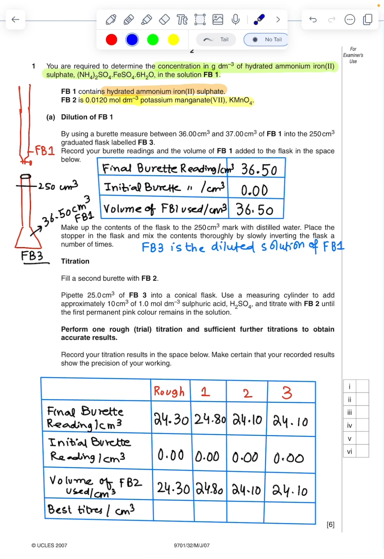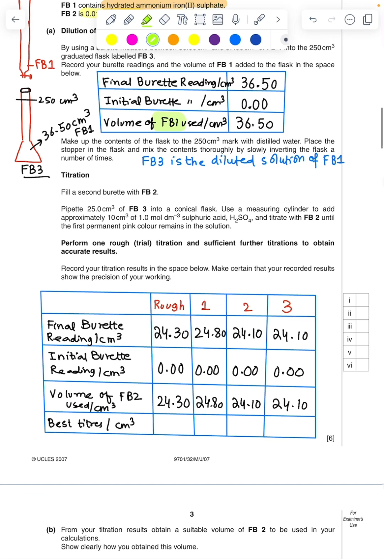So this is how you just need to do the dilution, and all the steps are actually told already to us, and I have explained all of them to you. So the very first table that you need to draw is somehow going to look like this. You have to write down the final burette reading, the initial burette reading, and the volume of FB1 used to prepare this diluted solution. So let us suppose I take the value of 36.5. So I have added it here, and the volume of FB1 used is 36.5. Now that's a very important point, that you should always mention whatever you are taking from the burette. You need to mention its name always here right into the table.